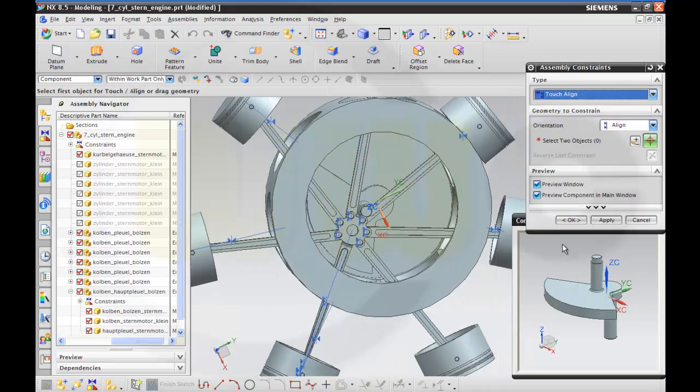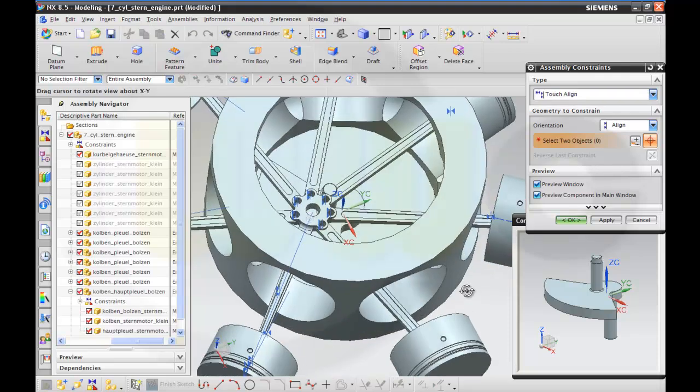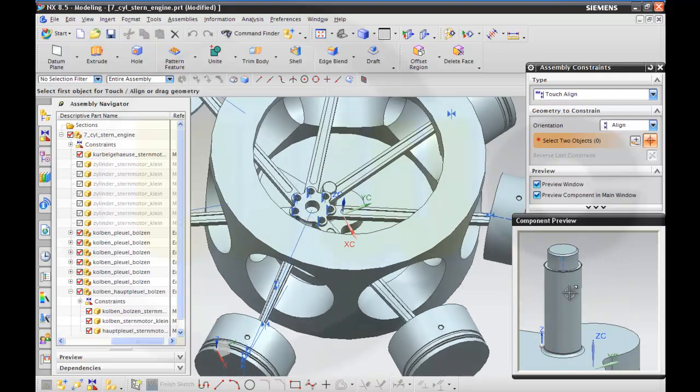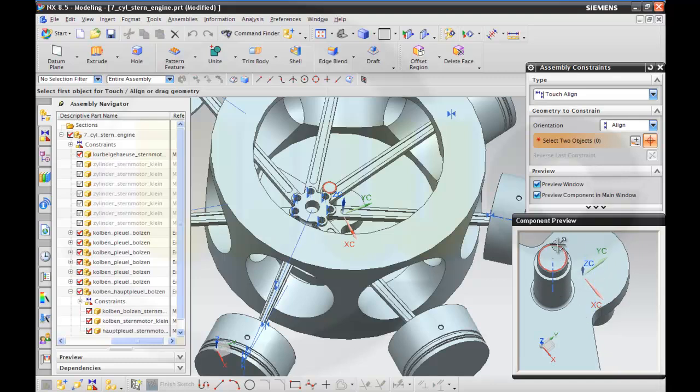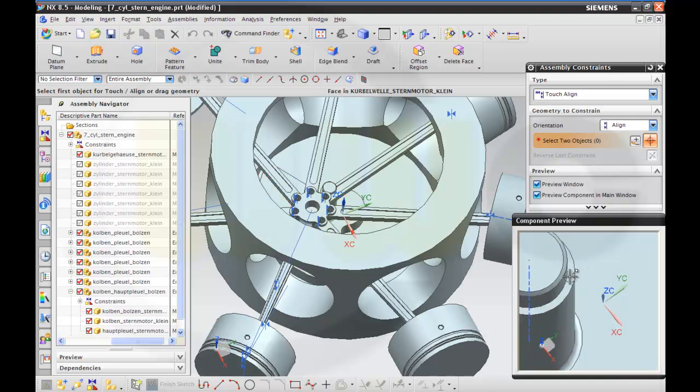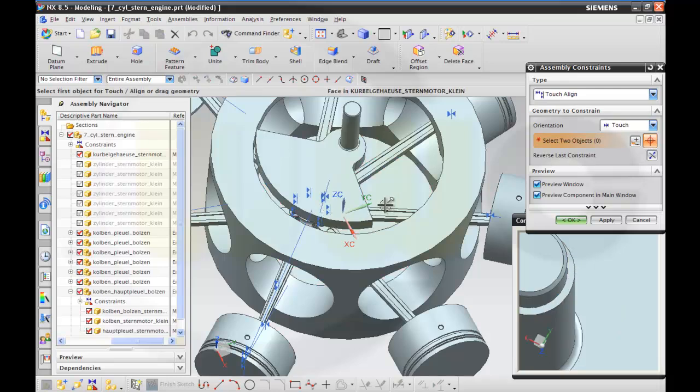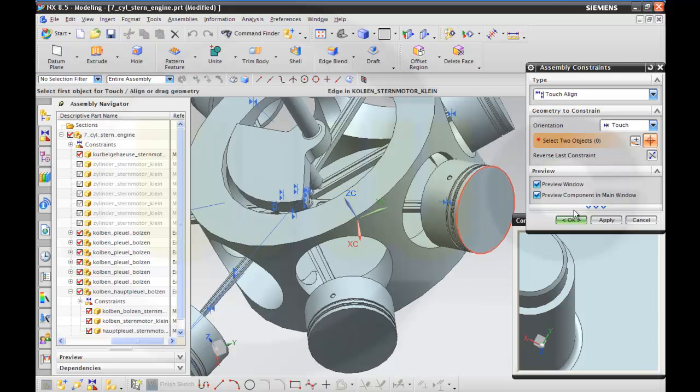Okay. And let's see. This face, touch. This face should be on that face. Yeah, looks correct. Apply and